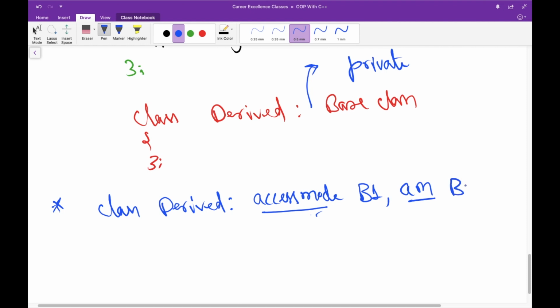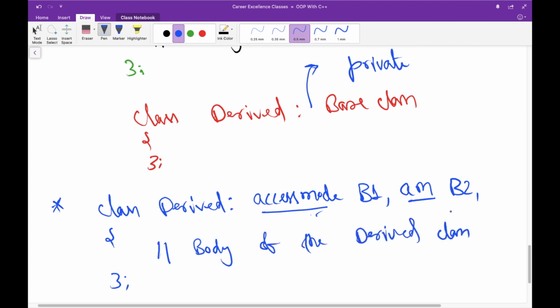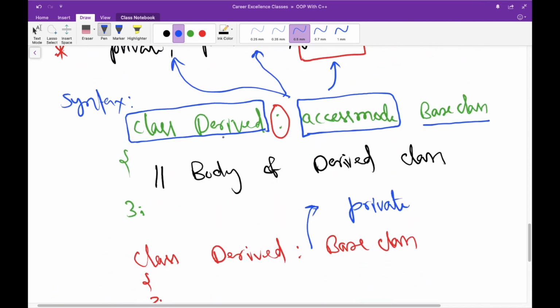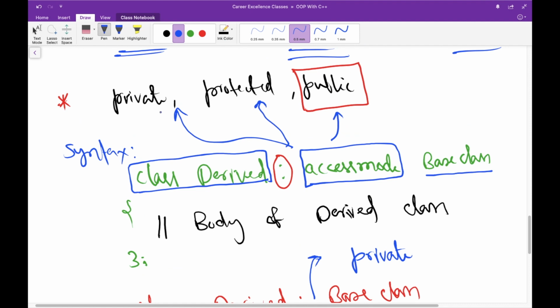And then after 2 base class 2, and so on if you want to add more classes here, and then here will be body of the derived class. Clear? So what all these things means, this is derived class, this is base class, and this is access mode. So now you have idea that access mode could be either private, protected, and public, but what exactly it means?